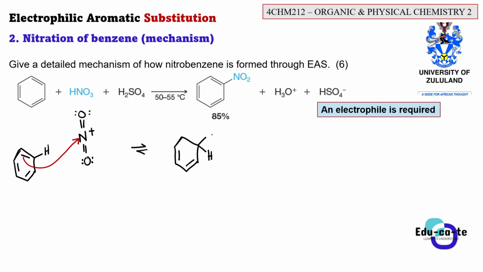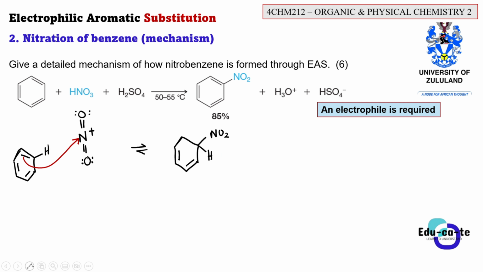I am not going to draw the full structure. I'm just going to write NO2 here, because remember that this is just N having 2 oxygens. So this is NO2, right? So this carbon will bond to this NO2 using which electrons? Using the electrons from this bond. Remember that each and every bond carries 2 electrons, chemistry students. So those 2 electrons will be used to form a bond between this nitrogen and this carbon. So this carbon here is forming a bond with this NO2 and with this hydrogen, which was already there. But look at what happens here.